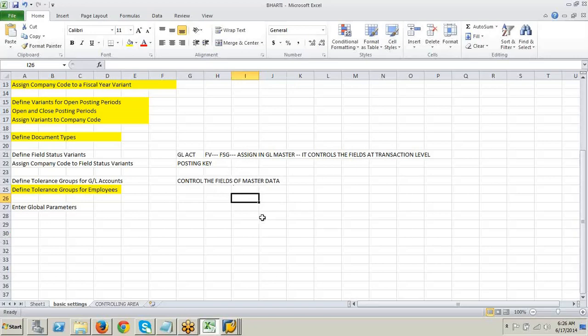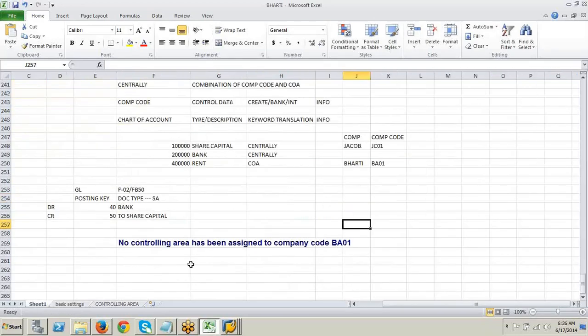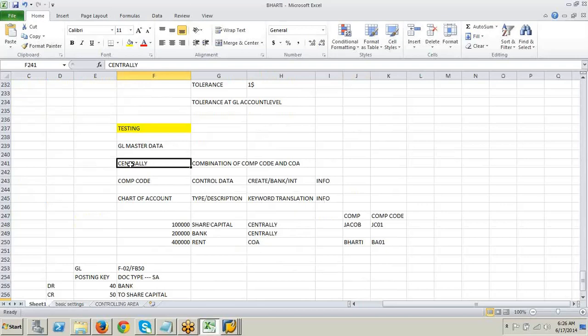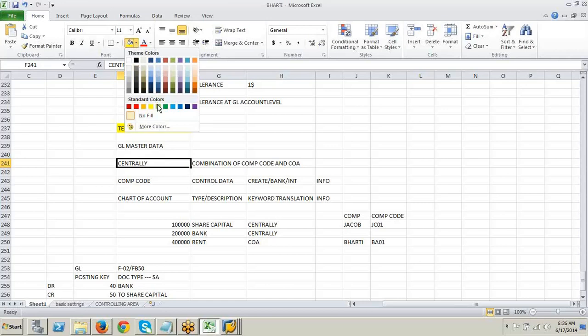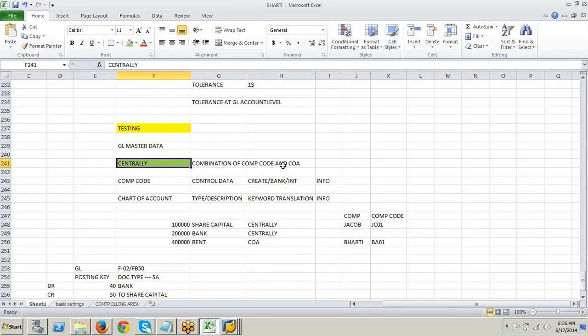Now I'm trying to control the fields of the master data. In master data, you cannot have control at the chart of accounts level. It's only at the company code level. If you can recollect, in the GL account we have created the tabs: centrally, company code, chart of accounts.